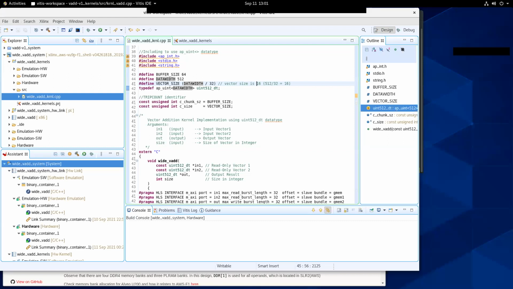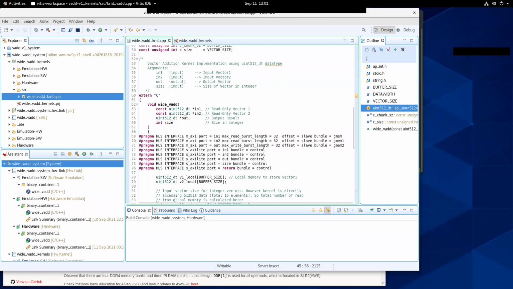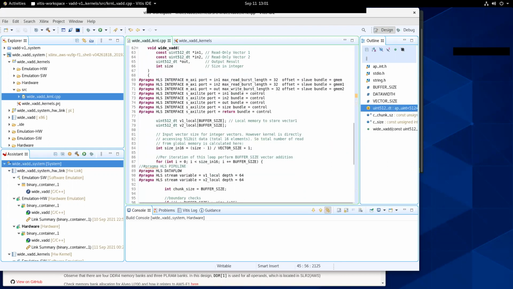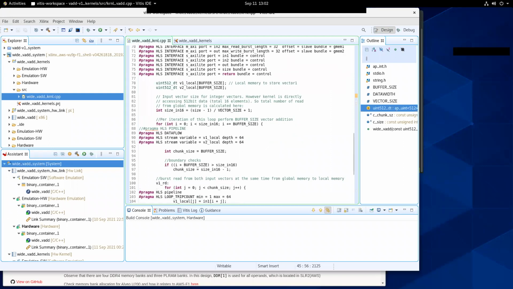So now what we are doing is we are constructing a custom SIMD unit on our FPGA. You will see a bunch of pragmas. We can try to understand them later. Let's try to get the big picture here. And then we are using line number 78 and 79. You can see we are using 2 local buffers. So they will be allocated memory on VRAM.